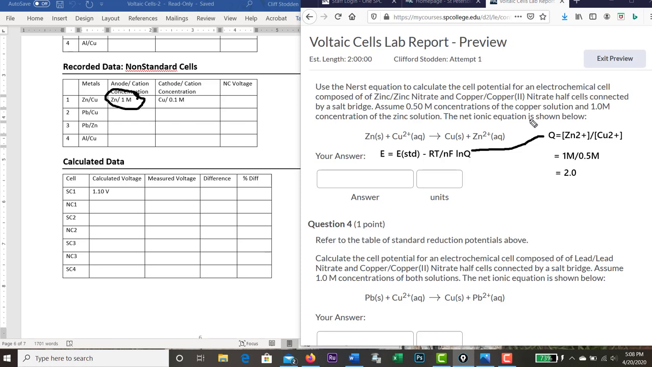I'm just going to take this whole expression and put the numbers in, but do it down here. Okay, starting over there, filling in the numbers. So our E equals the 1.10 that we already calculated, and that's in volts, minus 8.314, and that's units of joules per mole Kelvin, times the temperature, 298 Kelvin, then divided by NF. So that would be divided by 2, just an exact number there,